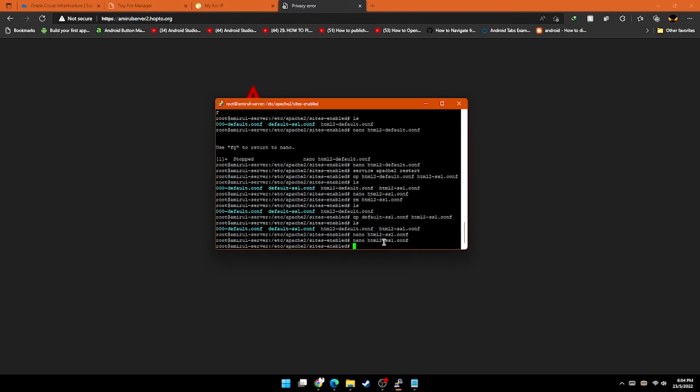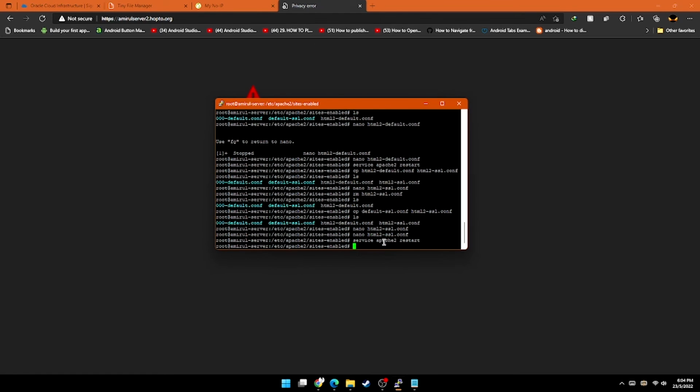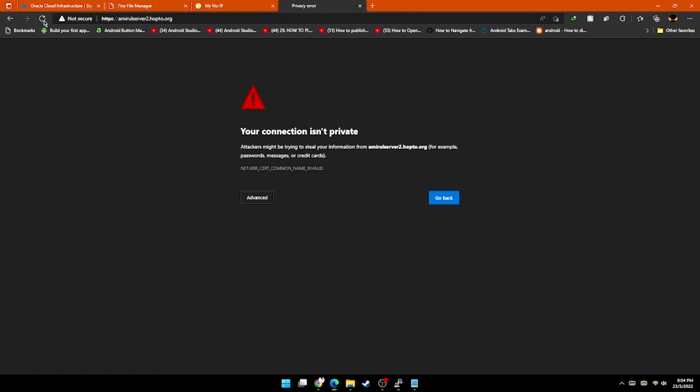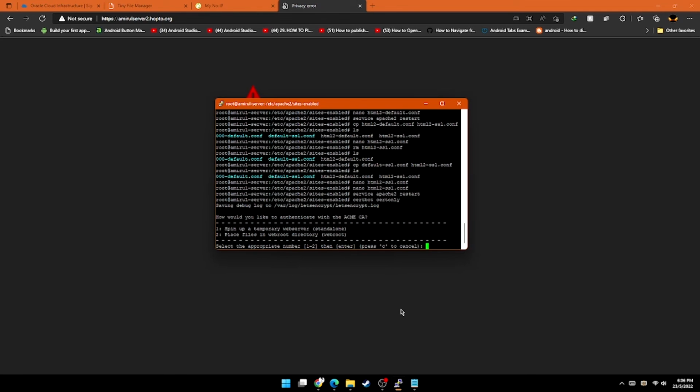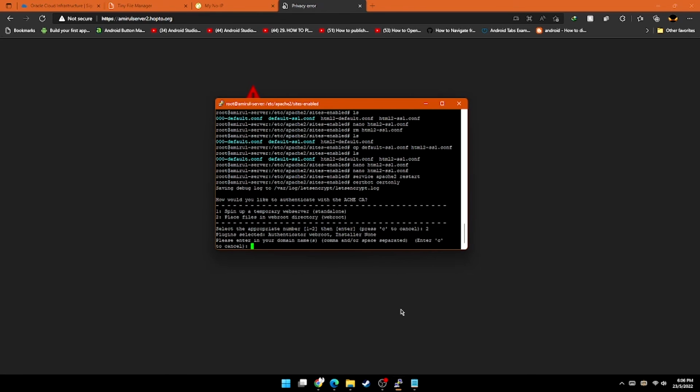So we need to change that, by accessing certbot certonly and creating the new certificate for the new domain. And then certbot certonly, we choose 2, and we put our second domain,